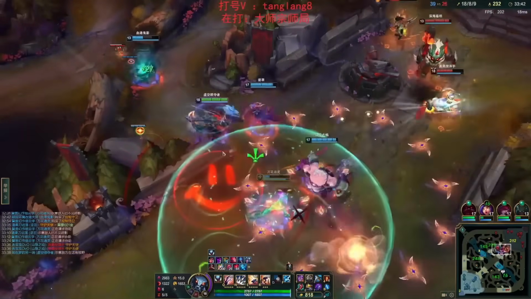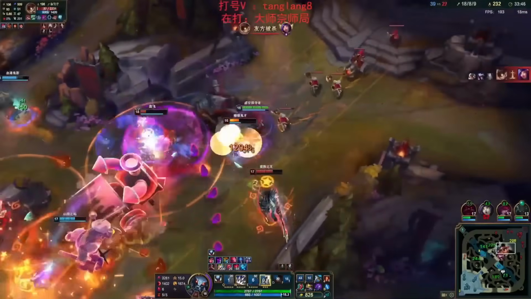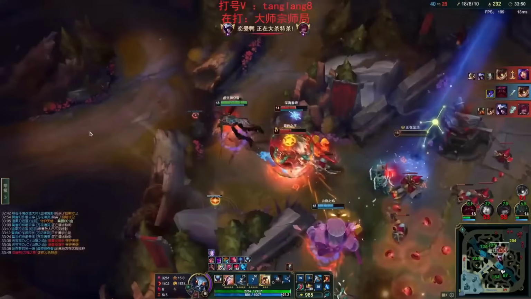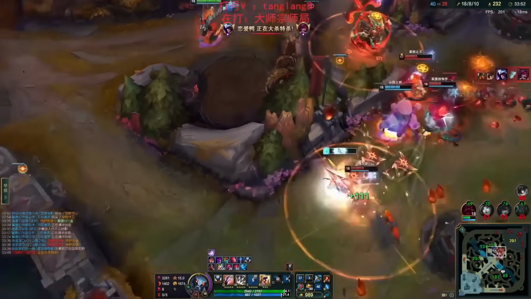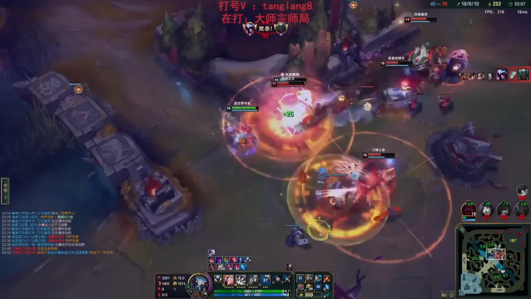Not really Kha'Zix's ideal sort of situation. Got to avoid all this burst coming out here. Finds the kill onto the Ziggs here. GA is going to proc for the Corki. Has to disengage here immediately. Yeah, well played. He only has one more cast of Void Assault, so there's not much he can do here